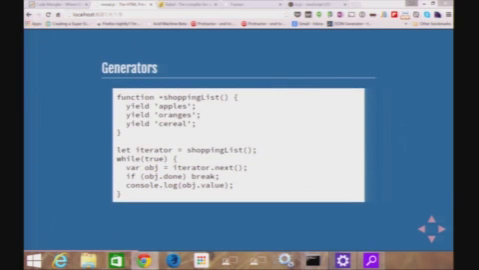Generators are the one that I wrapped my head around a little bit too late in the game, but basically generators have the ability for you to kind of start a function, put it to sleep, and pick it up again, and pass data back and forth to the caller. The best way you'll see these used is in iteration. So on